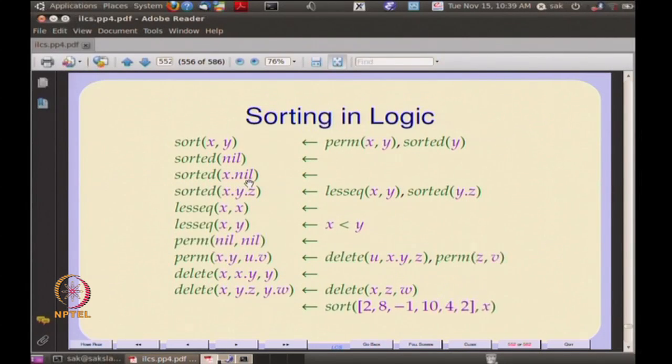The one element list, so this dot stands for the cons operation on lists. Therefore, implicitly this x has a type which is of an individual and not of a list. Whatever type you might assign to this nil, even if this nil refers to the empty list in a list of lists, then this x refers to an individual in that list of lists, and an individual in a list of lists is a simple list. So at this moment what you are saying is that any one element list is sorted,